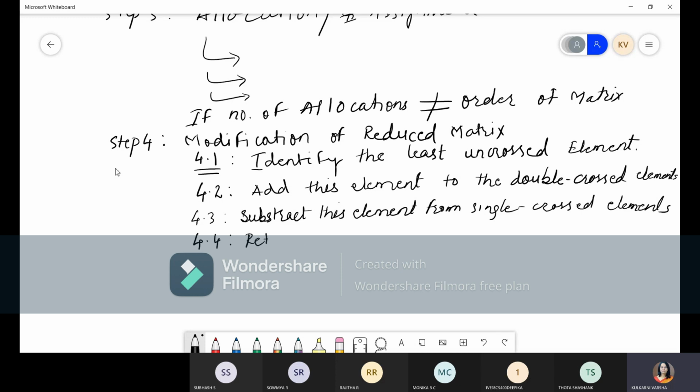Step 4 is saying, sorry, we have to subtract this element from, not single crossed, we have to subtract this element from uncrossed elements, which are not crossed, not cancelled by anything, and retain all the single crossed elements as they are.